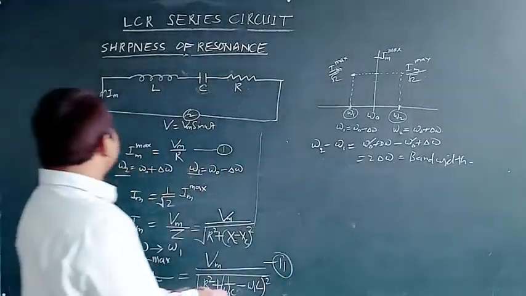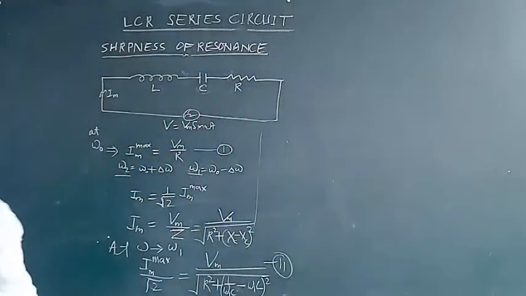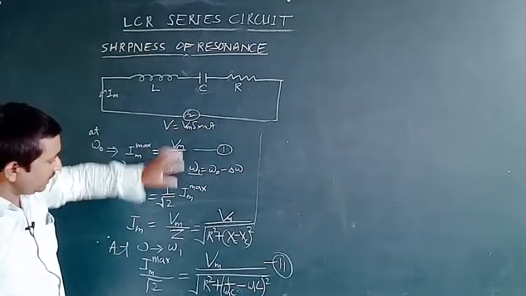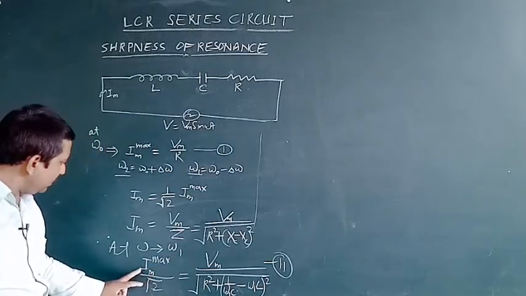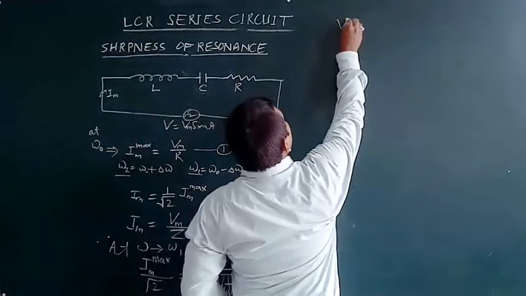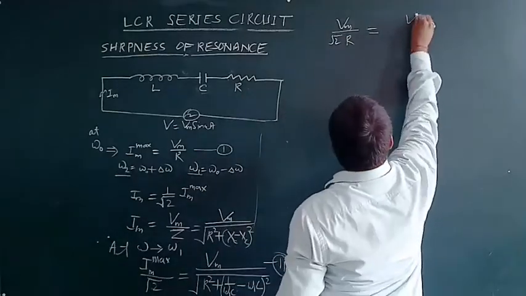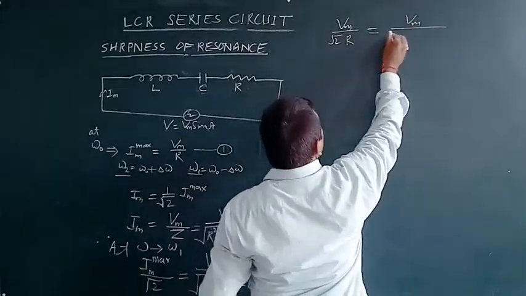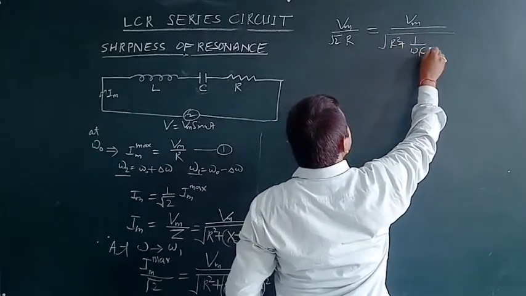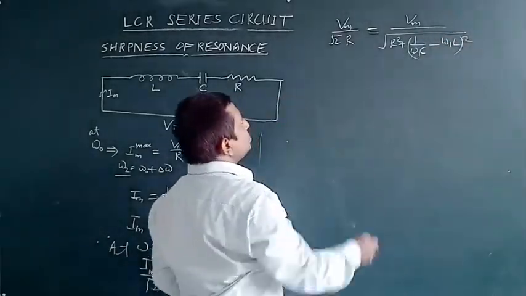So if we compare equation number 1 and 2, or if we put the value of this Im max from equation number 1 in equation number 2, then here we get Vm by root 2R. So Vm by root 2R is equal to Vm by root of R square plus (1 by omega 1 C minus omega 1 L) whole square. So from here,